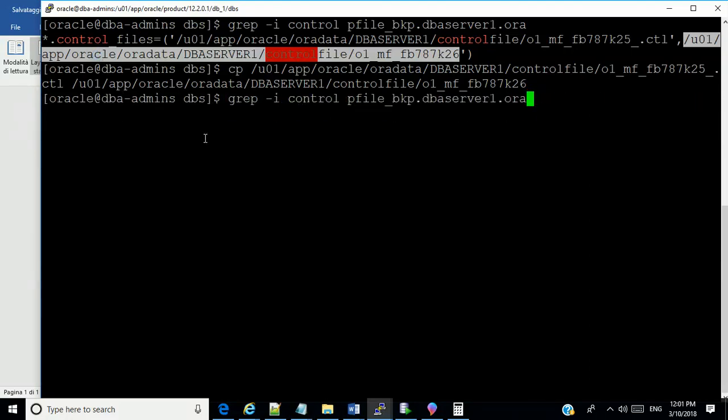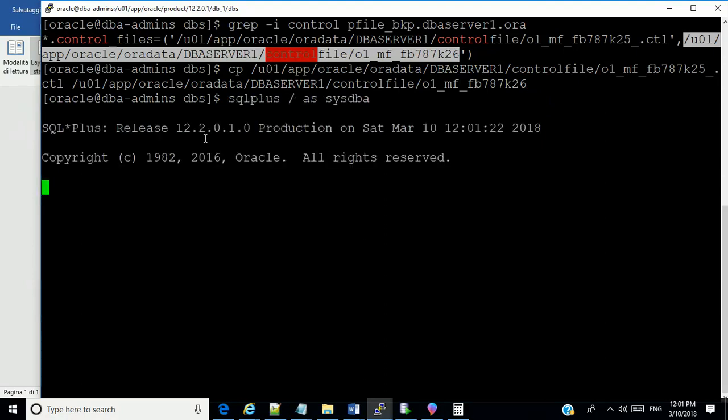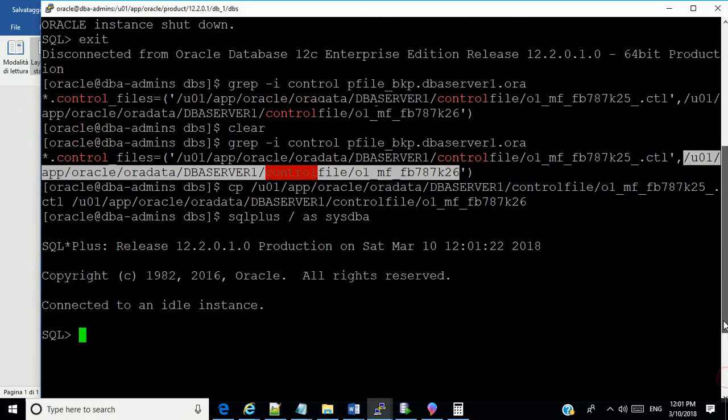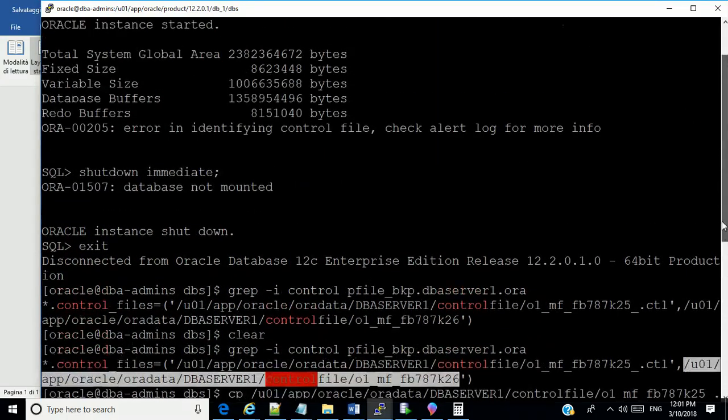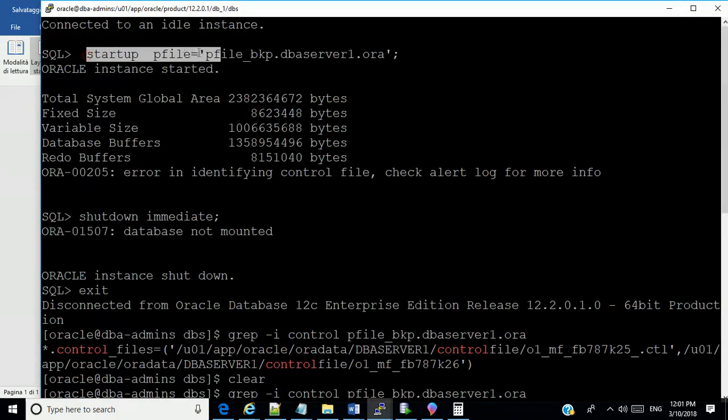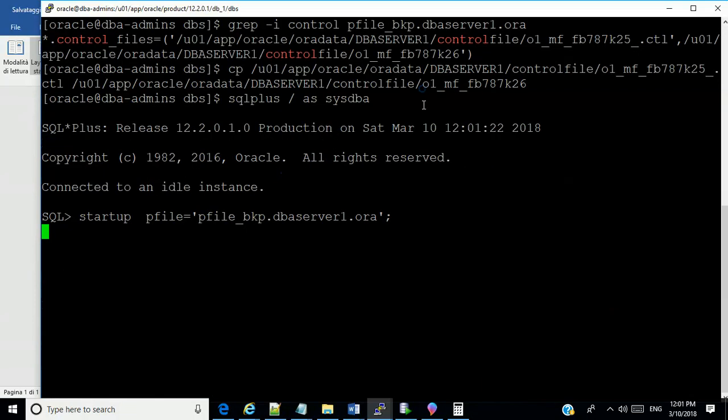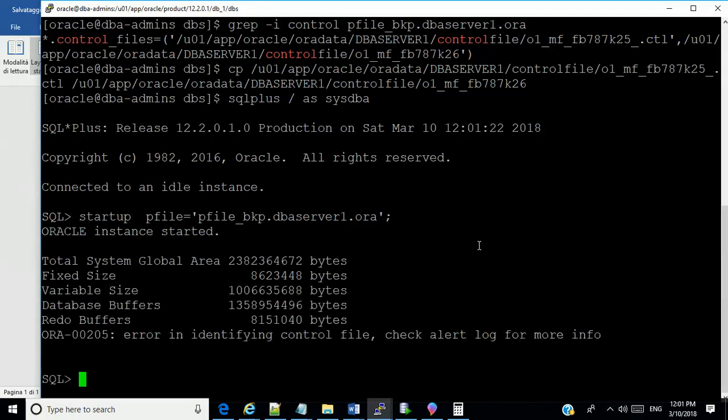All right, here we go. Are we there? We're still having a problem identifying the control file. And why is that? One minute, please.